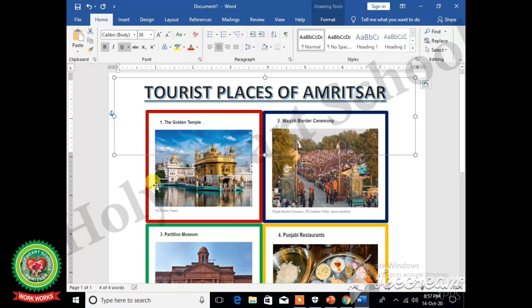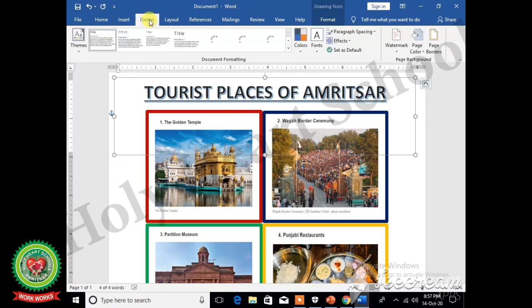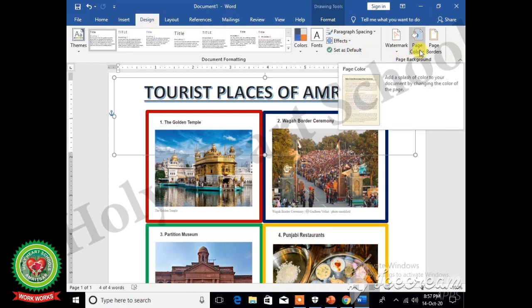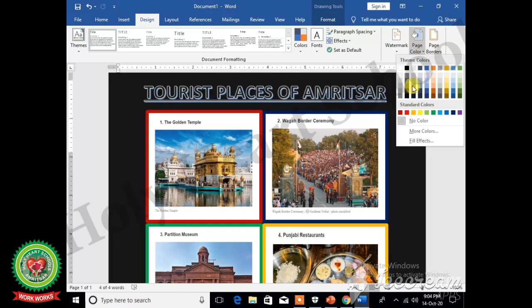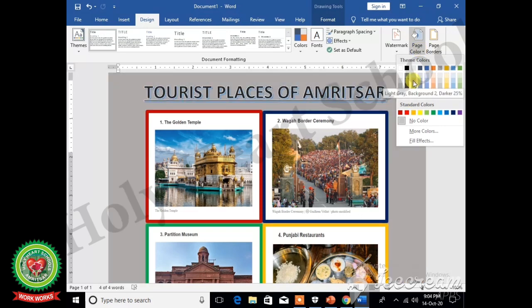Students, if you want to change the color of the page, by default we are having the white color page, and if you want to change the color, then we will click on Design tab and click on Page Color option and select any color.